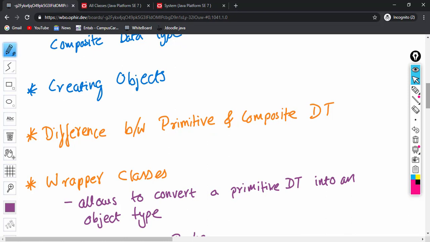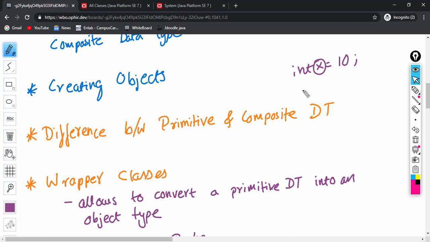So what is the difference between primitive data type and composite data type? The first difference is the primitive type represents a value. For example, if I declare a primitive type of variable int x, this x variable will store a single value of int type.